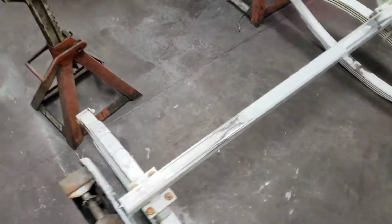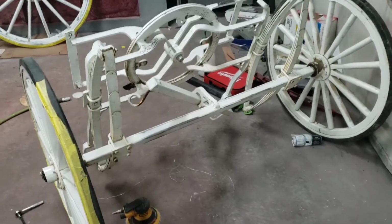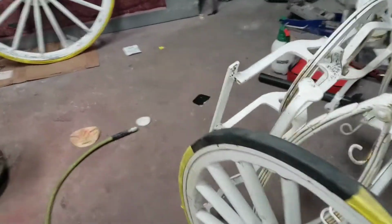And then I went ahead and sent a sample to the owner of the paint I've already put on it. This is just a regular GM Summit White. Nothing special. Goes on all GMs from like 85 on up to now. So now after I get that all sanded down, as far as the wheel goes,